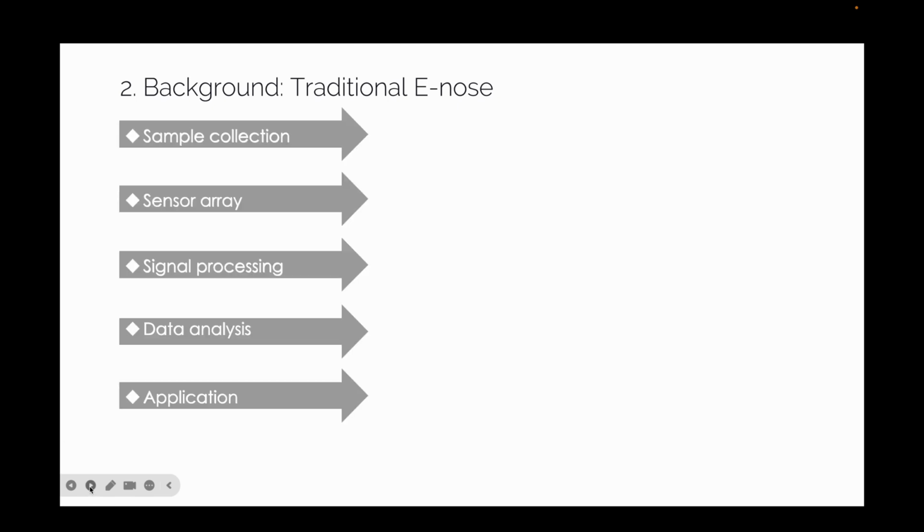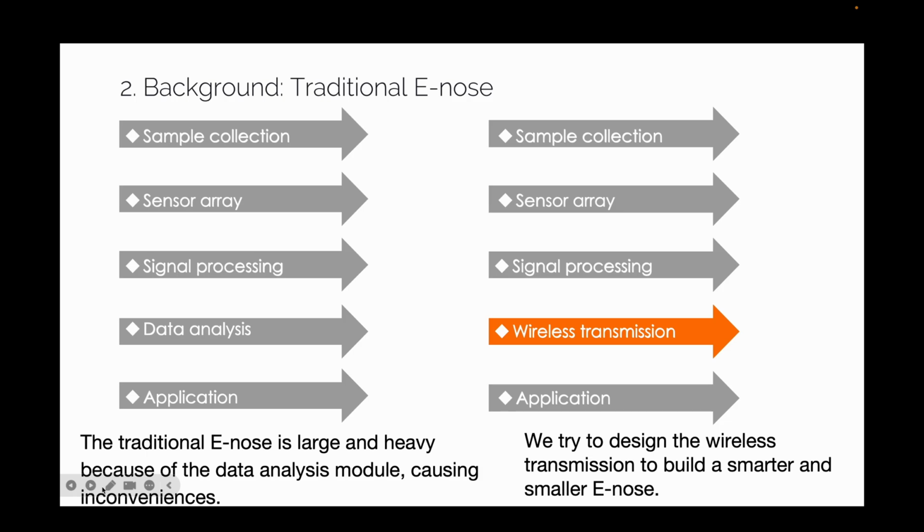The first one is the gas collection module used to collect samples, but the volume is large and the energy consumption is high. And the sensor array, the recognition of the current gas, is realized through the combination of different sensors, but